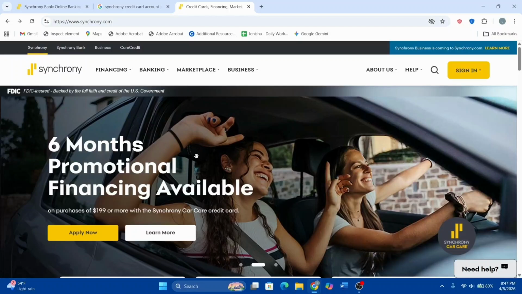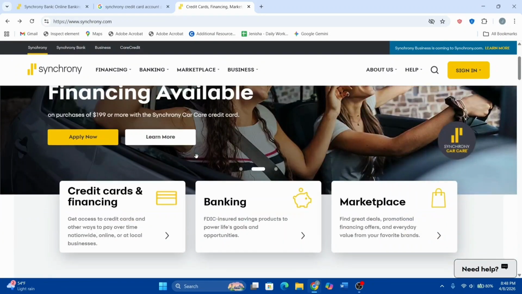Today we are providing you with a step-by-step tutorial that we can follow to find the right support phone number for Synchrony Bank without wasting time. So let's get started. One of the fastest methods is to go directly to the Synchrony website, and once we are here,